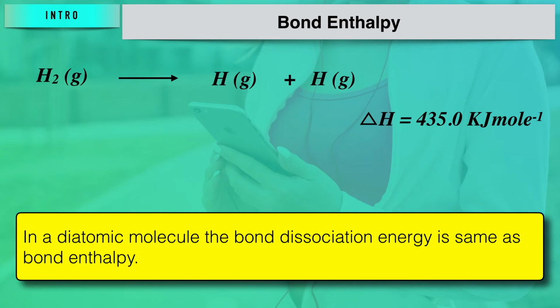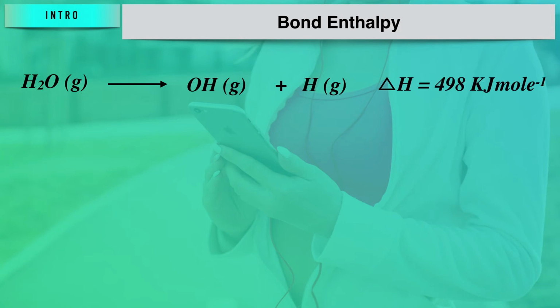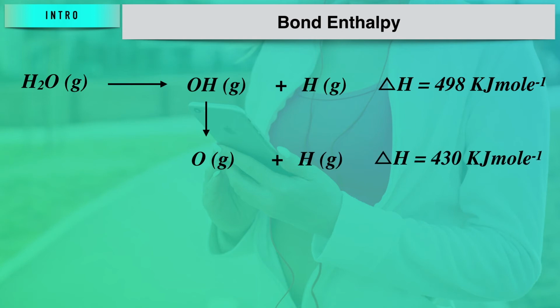Is it okay? If you consider a polyatomic molecule, let us try to find it out. In polyatomic molecules, there are more than one similar bonds, right? And it has been observed that the bond dissociation energy is not the same for successive bonds. Let us take an example of water. As you can observe, the bond dissociation energies of the two oxygen-hydrogen bonds are not the same. In the first case, the bond dissociation energy is equivalent to 498 kilojoules, and in the second case, it is equivalent to 430 kilojoules. So in this case, how can we decide what the bond enthalpy is?